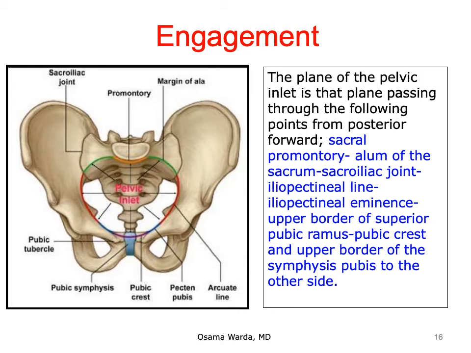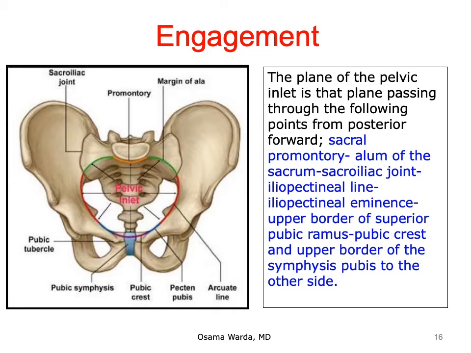The second item is the plane of the pelvic inlet. The plane of the pelvic inlet is that plane that passes through the following points from posterior forward: the sacral promontory, lined with the red line, the ala of the sacrum, marked with green color, the sacroiliac joint,